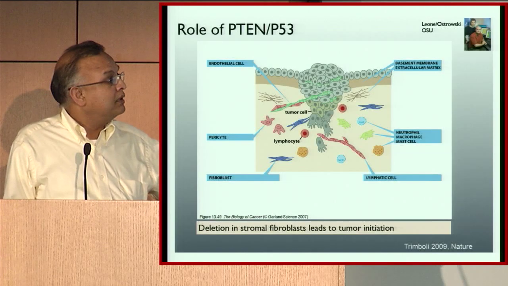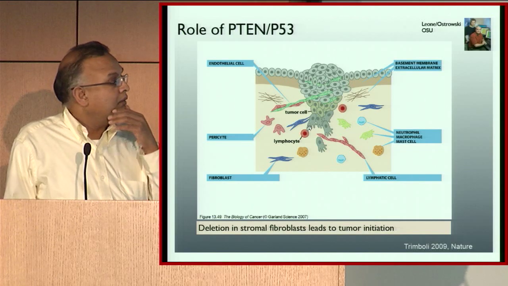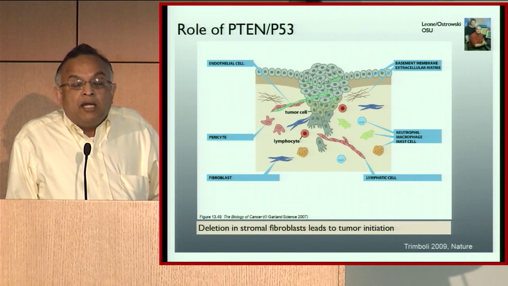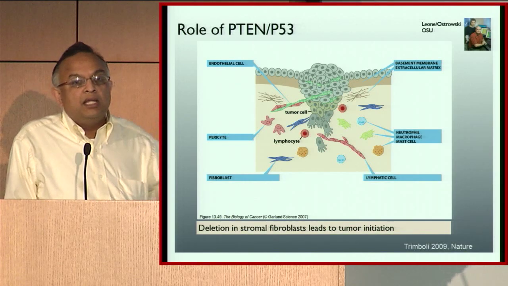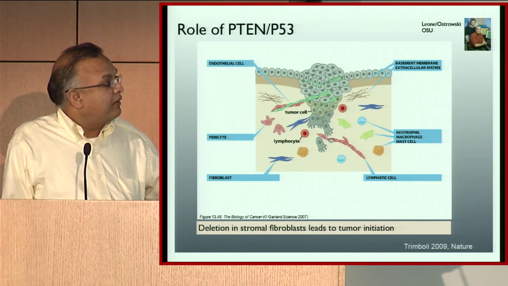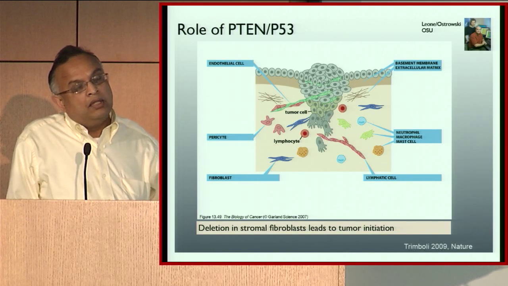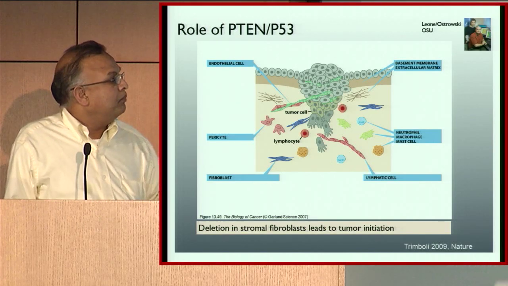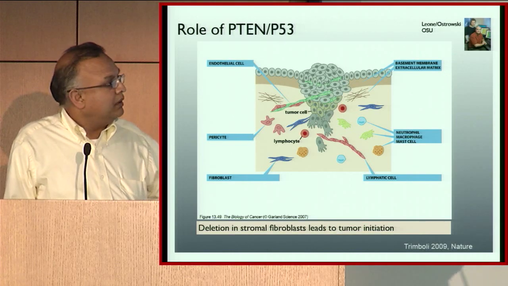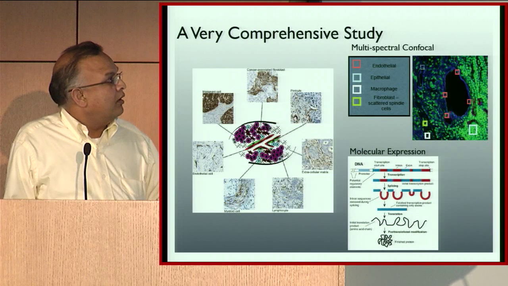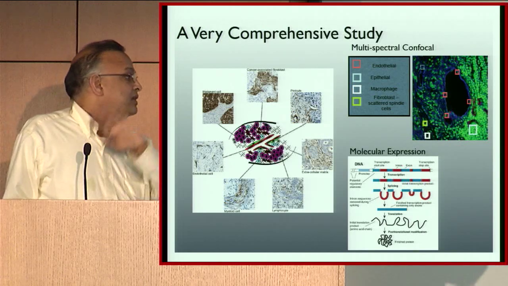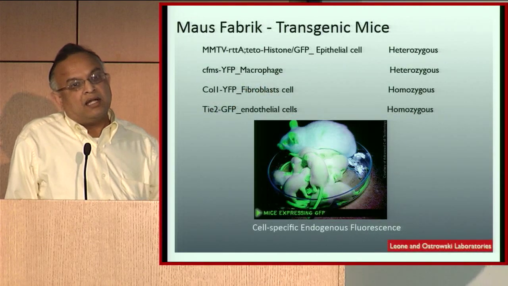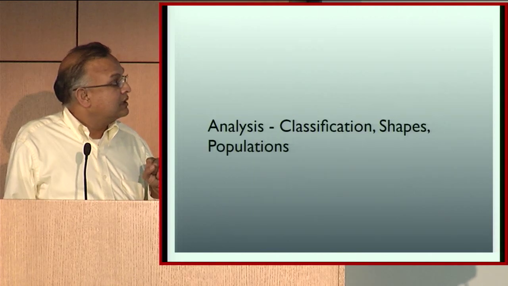But a lot of our work started in the tumor microenvironment. We've been working with Gustavo Leone and Michael Ostrowski for many, many years, and we started our exploration of the fibroblasts, macrophages, endothelials in the tumor microenvironment, and they were essentially trying to understand what happens when you knock out PTEN and P53 in the breast tissue of mice. So, this was a very comprehensive study. We looked at different cell types, there's a lot of genetics involved, and so on and so forth. And of course, we used transgenic mice to extract all these cells and then analyze them.